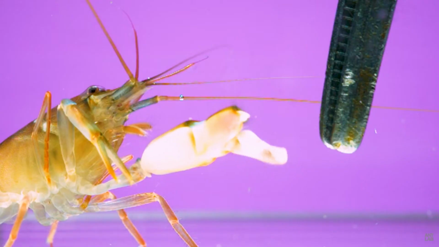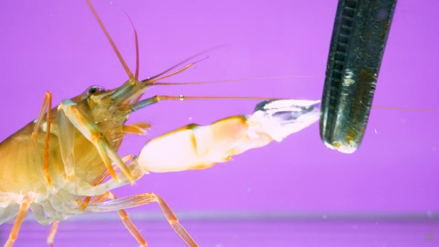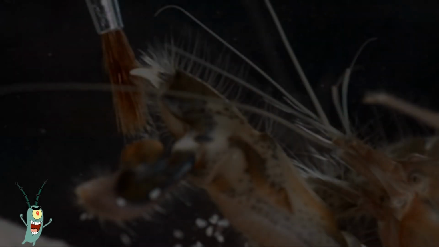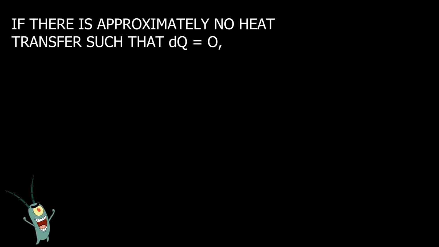To explain how this process occurs, Sheldon J. Plankton will explain adiabatic processes. Because the collapse of the bubble occurs quickly, it is semi-reasonable to assume that little heat transfer occurs. So, if there is approximately zero exchange in heat with the surrounding, the internal energy of a system will increase